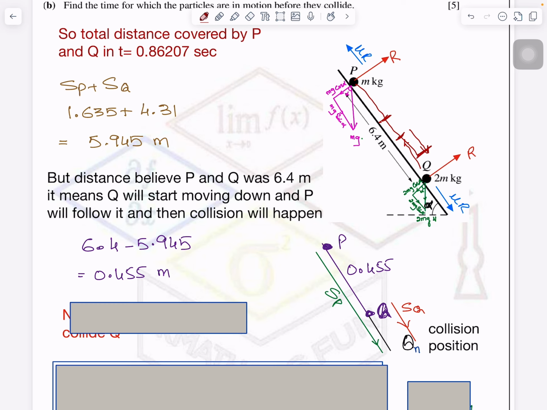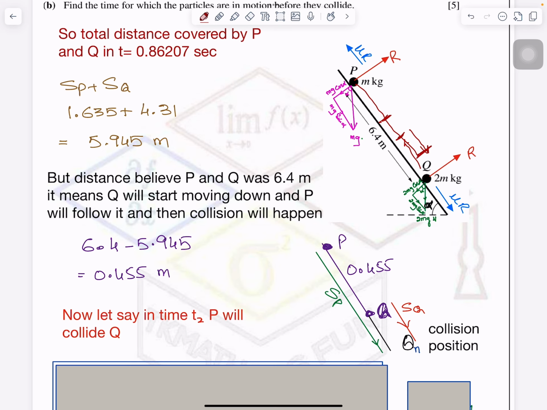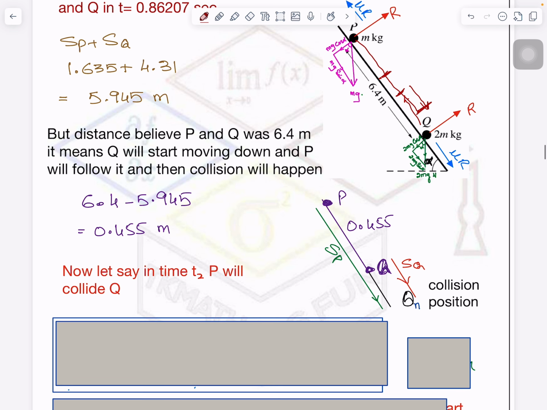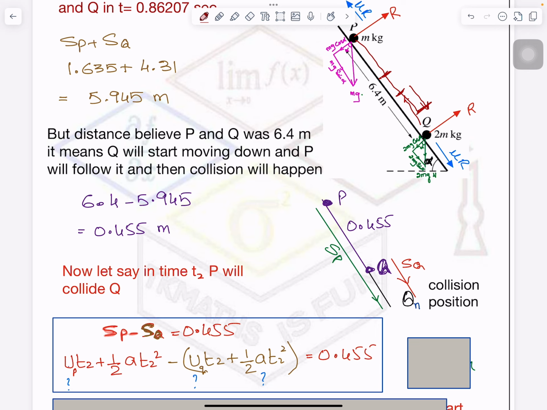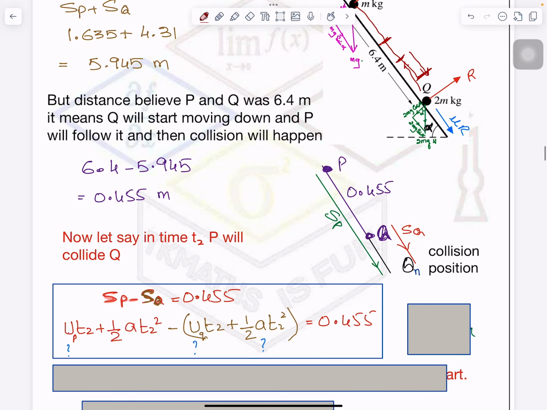Is it clear now? So now what will we do, what equation comes to your mind to find out the time? We have already used time t, so we are giving it a different name, time t2 now. So now we will say, okay, let's see, the distance covered by P is, I have mentioned here in the green line, the distance covered by P here, suppose they are colliding here, Q has reached here when it was coming back.